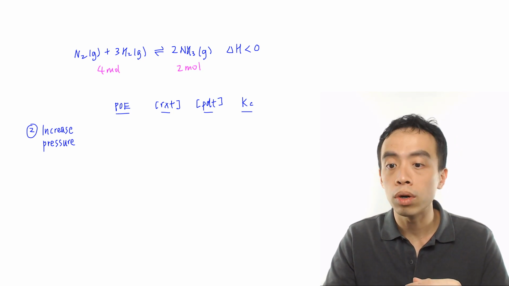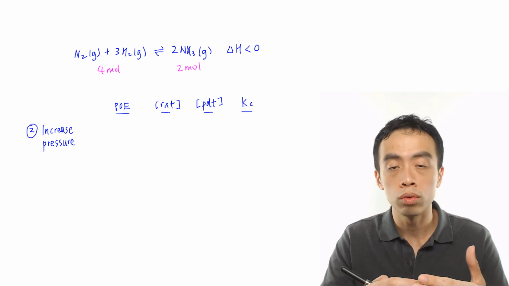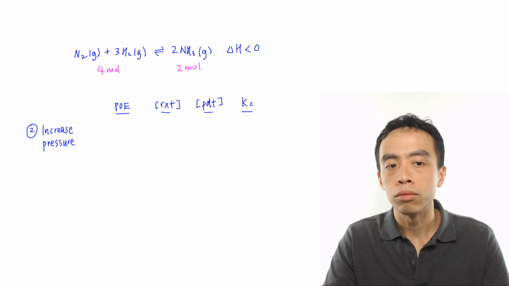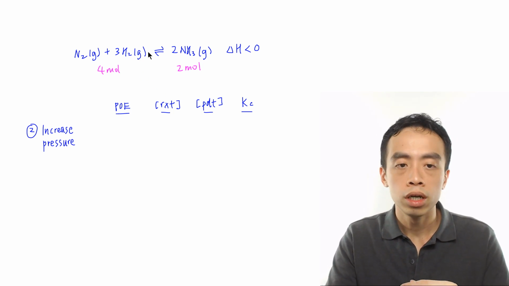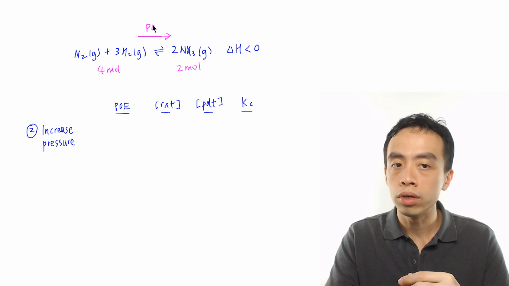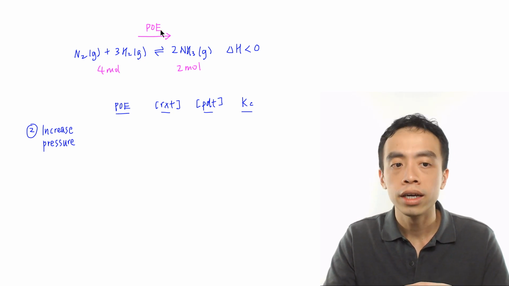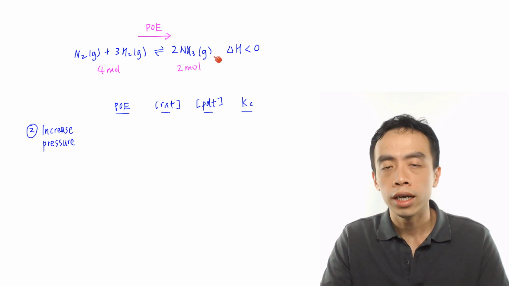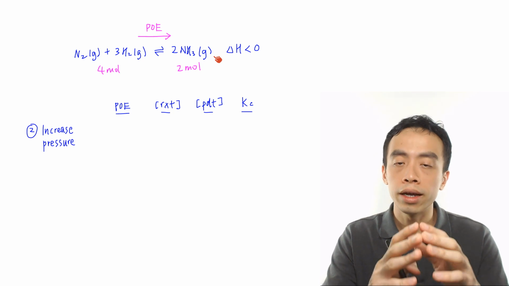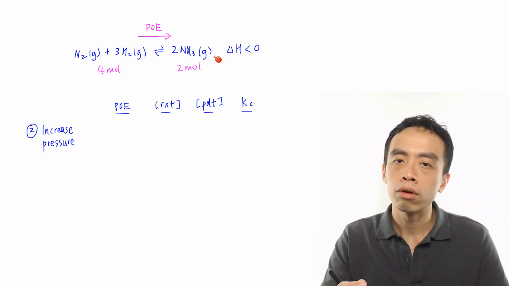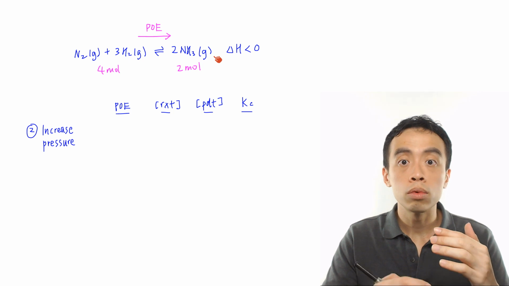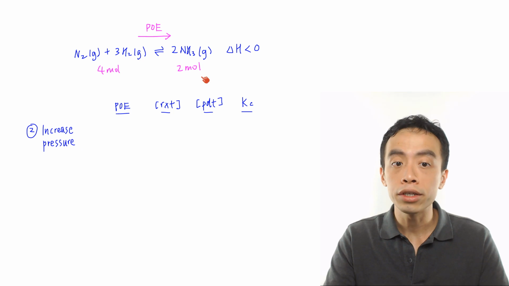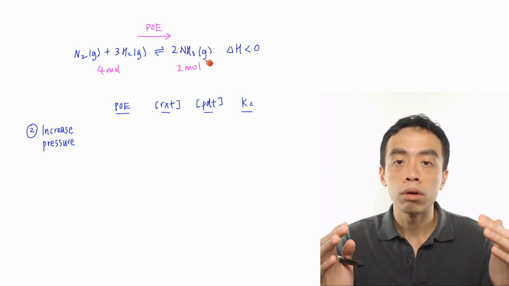Now you notice what the system will try to do is, if it wants to lower the pressure, it will favor the reaction that forms less moles of gas. Because if the position of the equilibrium were to favor the forward reaction, if the POE shifts towards the right hand side, then you're using up 4 moles of gas, you form 2 moles of gas, that is a net decrease in the number of moles of gas. So when there are less gas particles inside this system, the overall pressure would decrease. So if the system wants to lower the pressure, if it wants to counter this change, it favors the formation of less moles of gas so that the overall pressure will decrease.